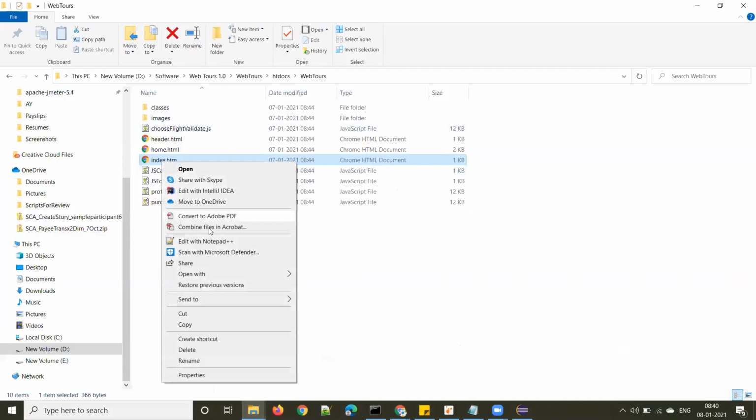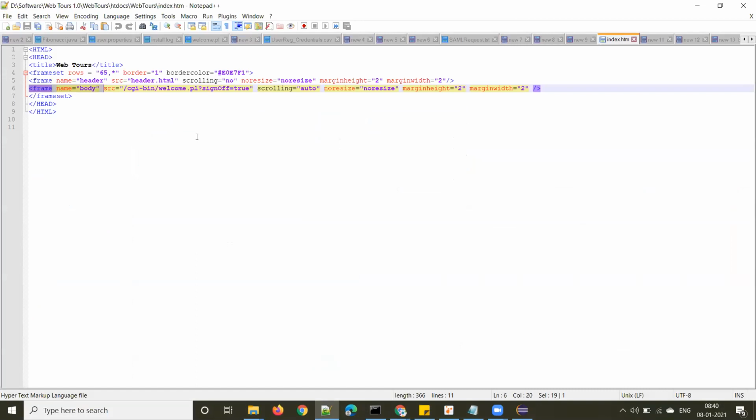Let's see the code for this index.htm page. Observe here, this is the index.htm code, right? HTML code of index.htm.